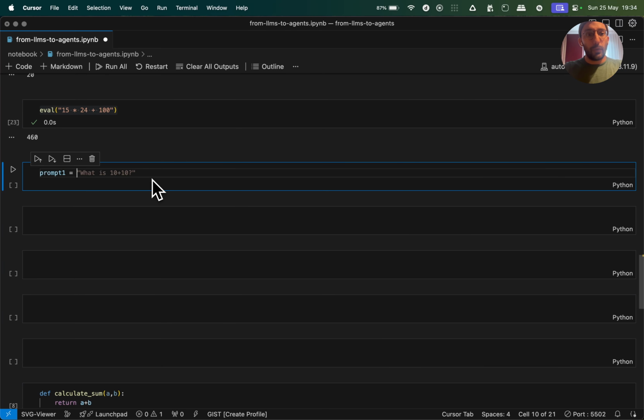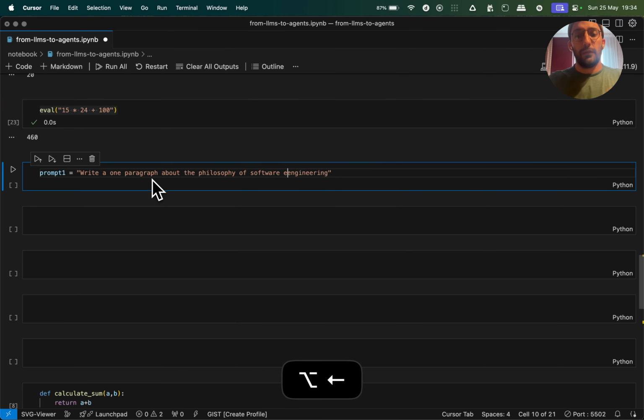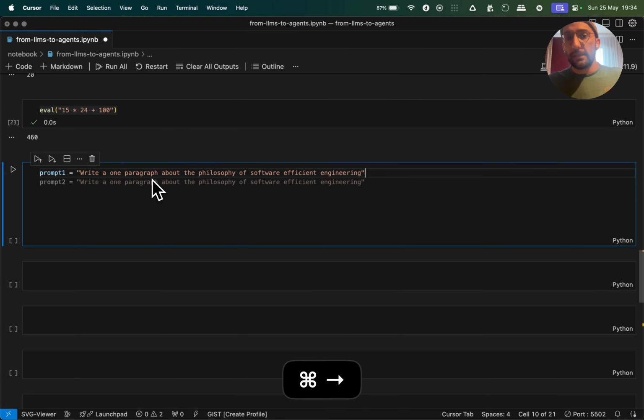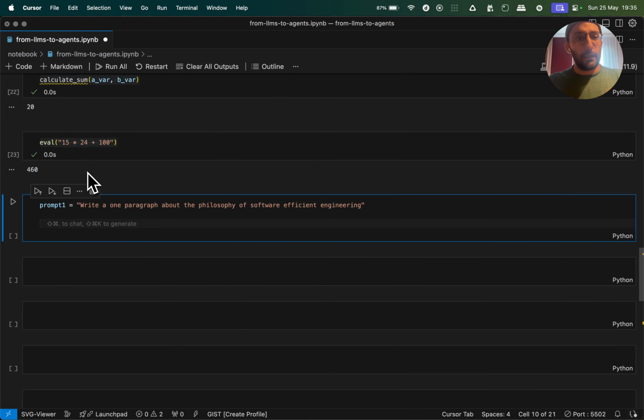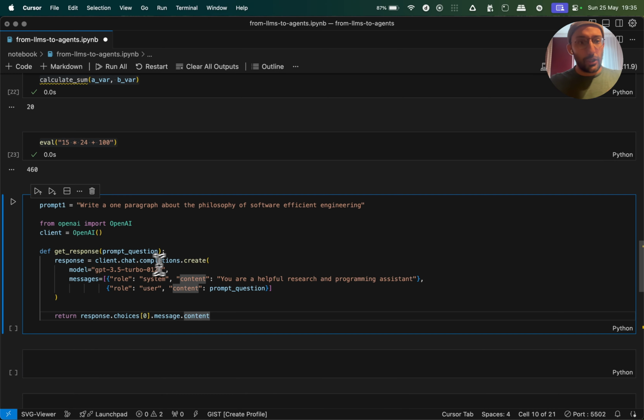So I'm going to say prompt 1 is equal to write a 1 paragraph about how the philosophy of software engineering, of efficient, I don't know, I'm making something up, right, folks? So I'm going to send that to a model. I'm going to pull up my ChatGPT code here.